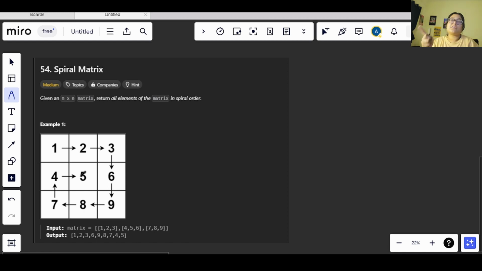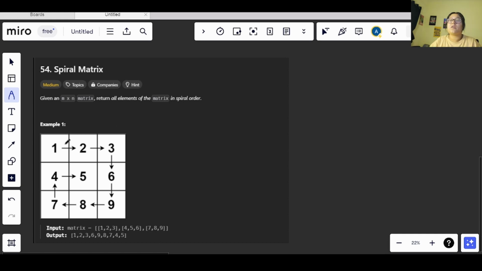We need to return all the elements from the matrix, but the matrix is 2D, and we will be returning it in the form of a 1D array, because we will be appending all the values one by one directly in a single array.